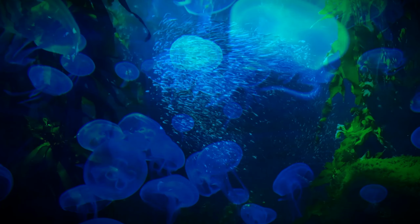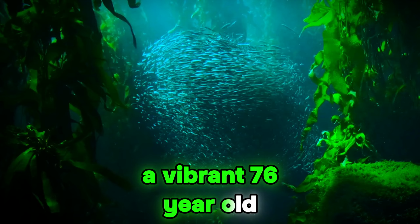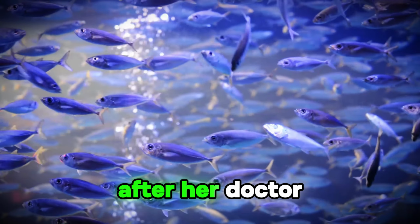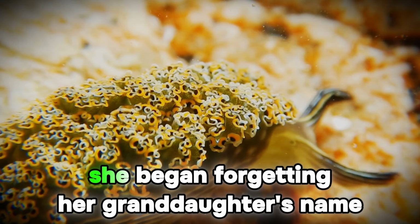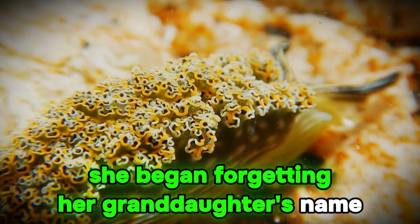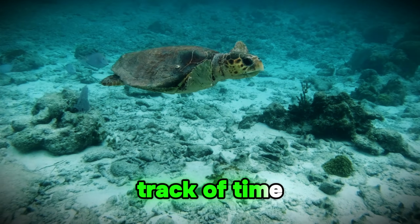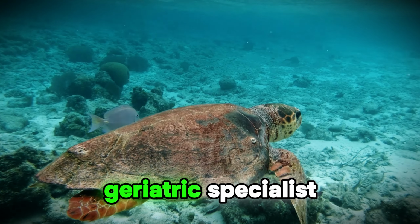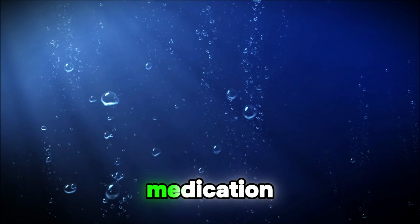accelerating dementia. Let me tell you about Clara, a vibrant 76-year-old who loved crossword puzzles and gardening. After her doctor prescribed a popular blood pressure medication, she began forgetting her granddaughter's name, mixing up her plants, and losing track of time. Her family blamed aging until a geriatric specialist discovered the shocking link between her medication and